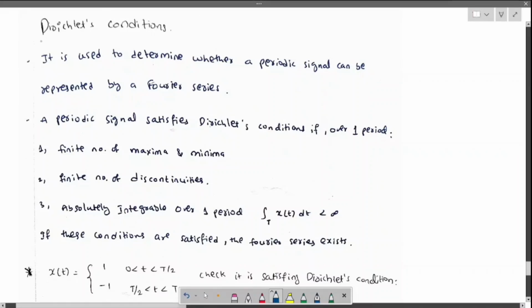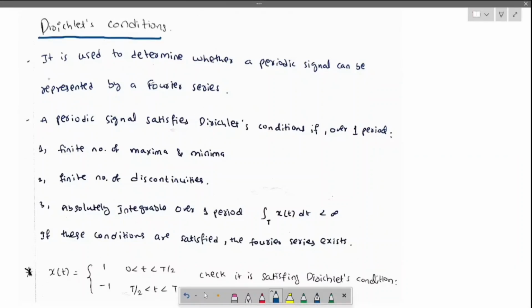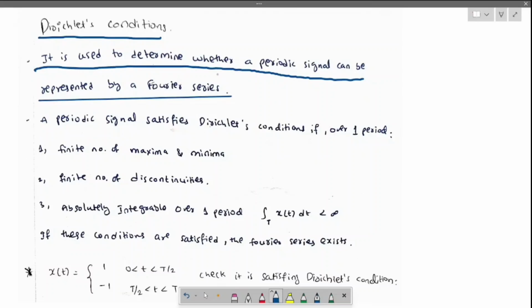In this video, we are going to learn about Dirichlet conditions. So, what does the Dirichlet condition mean? It is used to determine whether a periodic signal can be represented by a Fourier series. Whether a periodic signal can be represented by a Fourier series or not, we can easily define by the